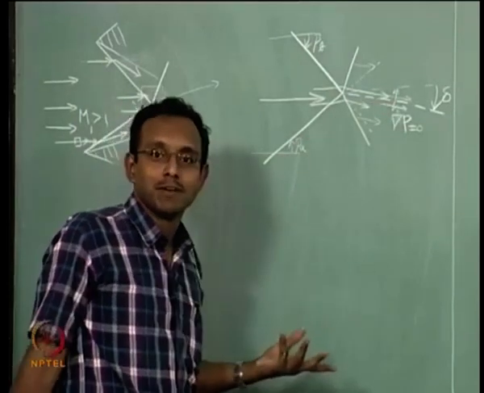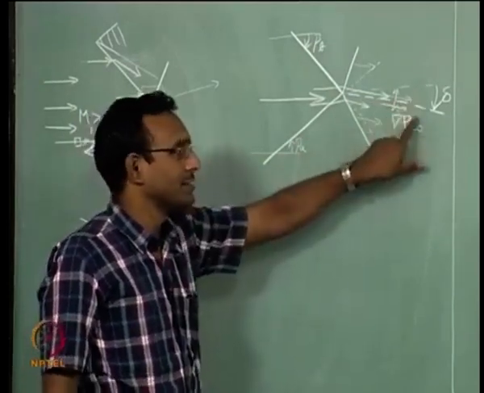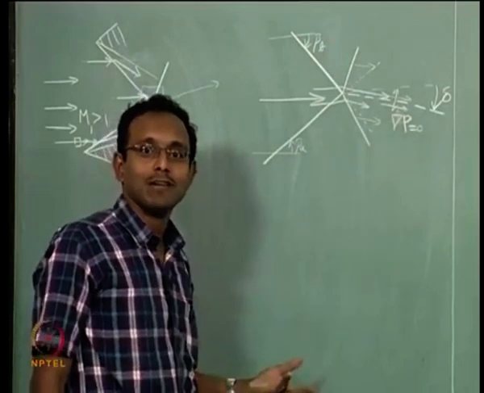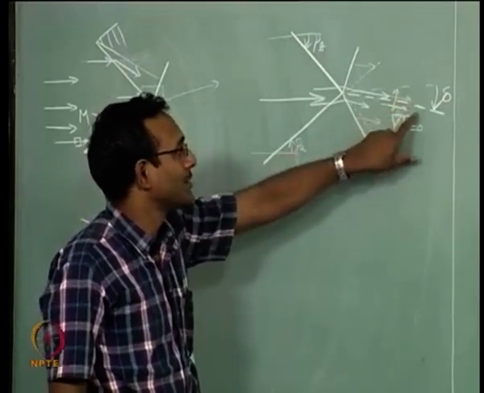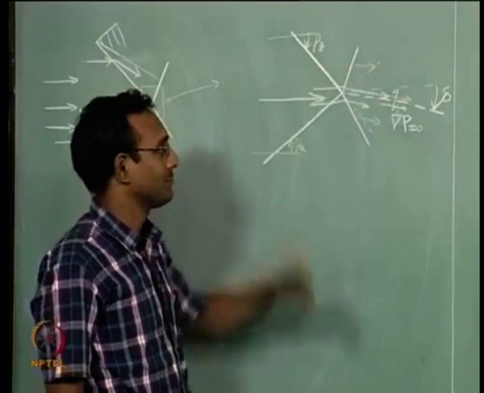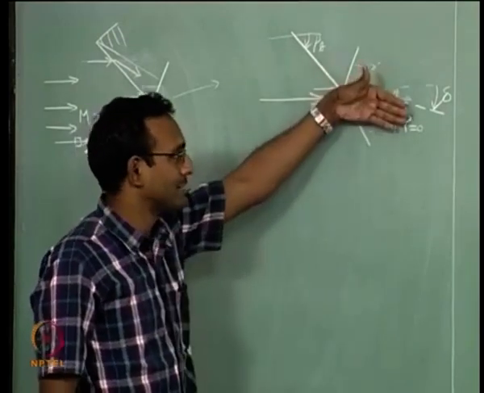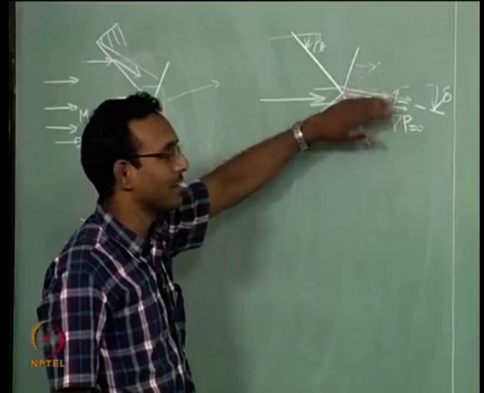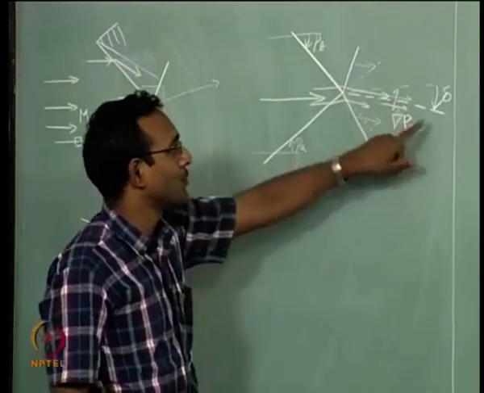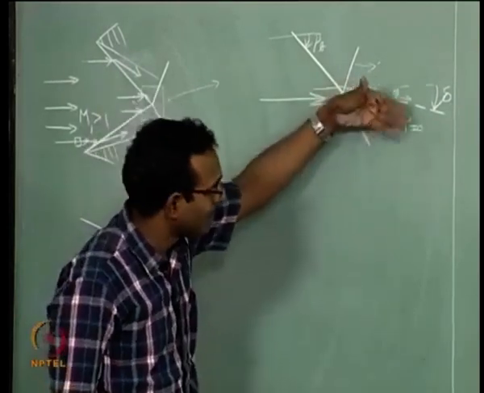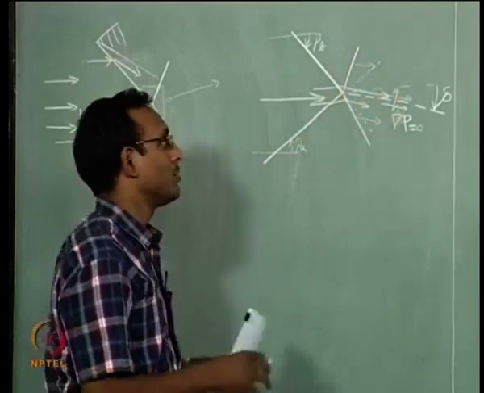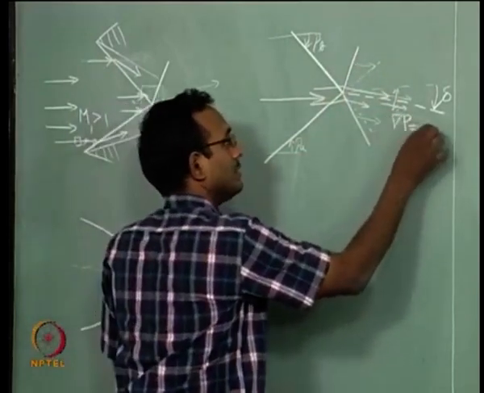What will happen if there is any pressure? Let us say this pressure is higher than this, then what will any fluid element do? It will immediately want to go from high pressure to low pressure, that is it will tilt down, which means the streamline will shift till it comes to a point where it is all equal. If there is more pressure on the bottom side, then the streamline will tilt more up. So it is going to a point where this is the steady condition.